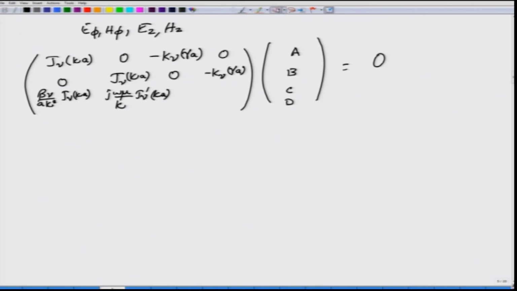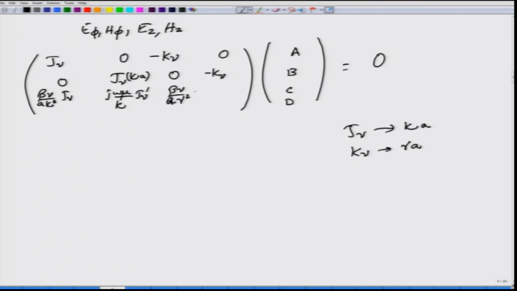Let me also simplify these equations by removing the argument of kappa a from everywhere. Okay. It is understood that the argument is either kappa a or gamma a if it is associated with j nu or k nu functions. That is, j nu functions would always be associated with an argument of kappa a, k nu would be associated with an argument of gamma a. So, with that, this is the final equation, or this one you are going to get j nu prime by k nu prime. The last row is